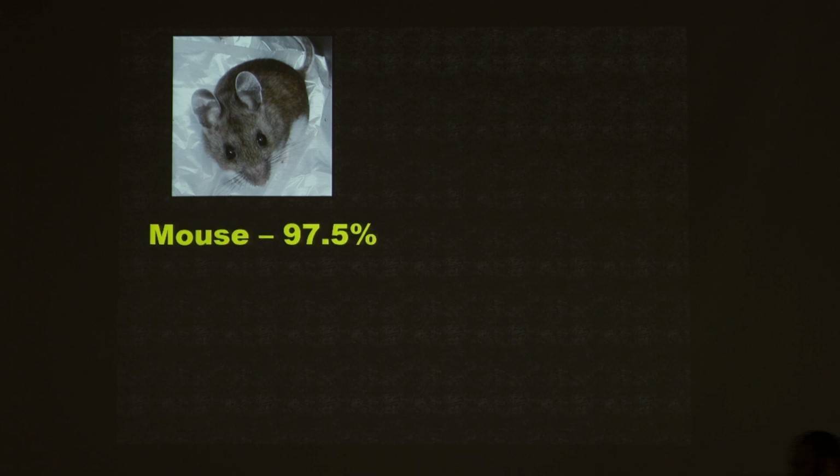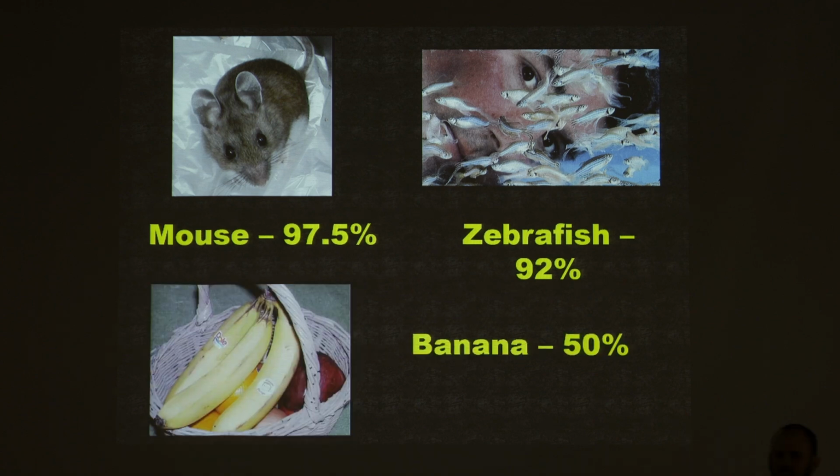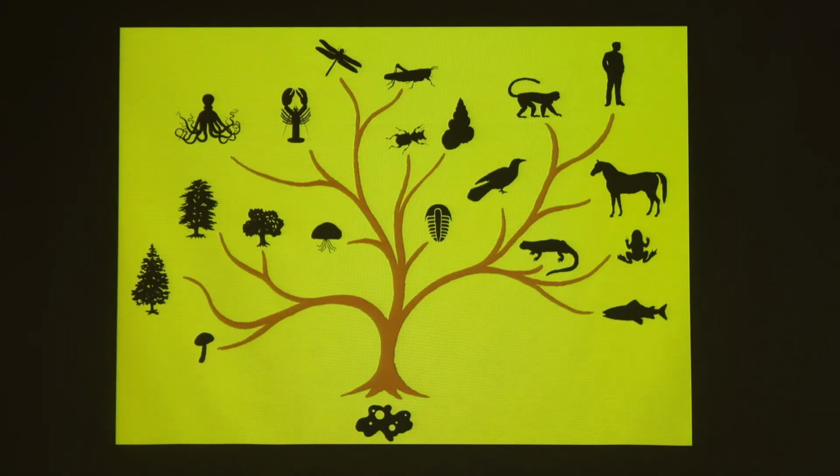Did you know that we are 97.5% similar in DNA to a mouse? And that we're 92% similar DNA to a zebrafish? And we're 50% similar DNA to a banana? Does that prove we came from a banana? No, but it would make sense that if someone created and designed mankind and DNA to be the building block, he would put DNA in creatures and it would look similar in its building and organizing capabilities.